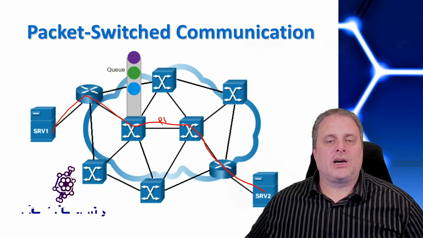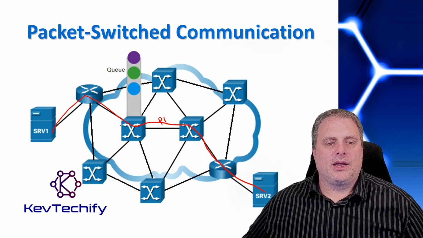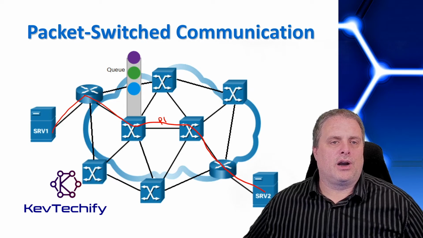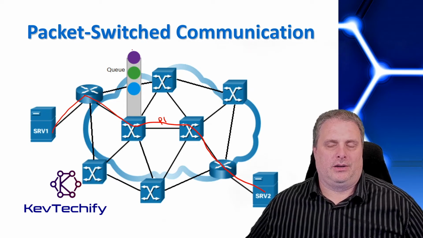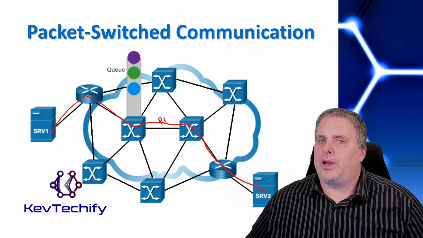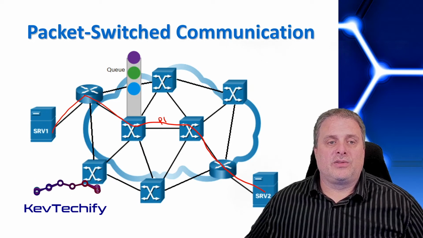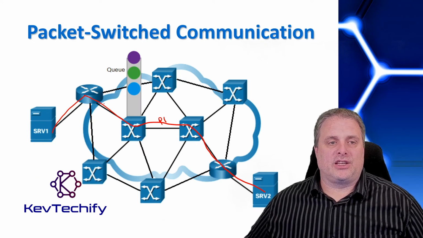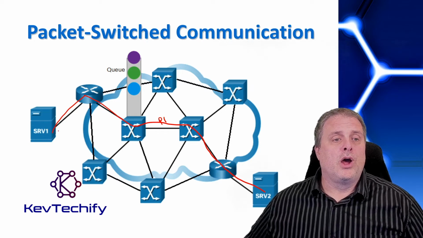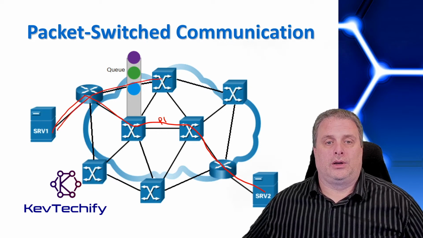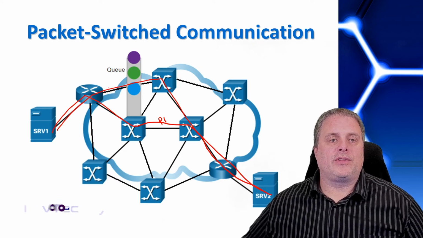But because of congestion, let's say on this device right here we have a queue, and the queue is starting to get full of traffic. The routing protocol, depending upon which one you use, could notice this. And instead of routing the next packet, packet 2, through this device that's being congested because of the queue, we could route it up and around. And it could come down here. And so packet 2 could travel a different route.